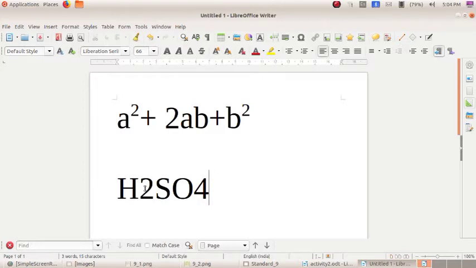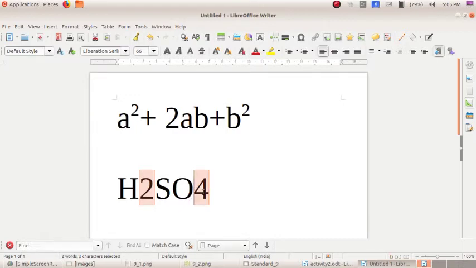Now here you want to select both 2 and 4. How can you select it? Can you select this 2 and this 4 separately? How? Yes, first select the 2. Then hold the control key in your keyboard. Then select the 4. See?